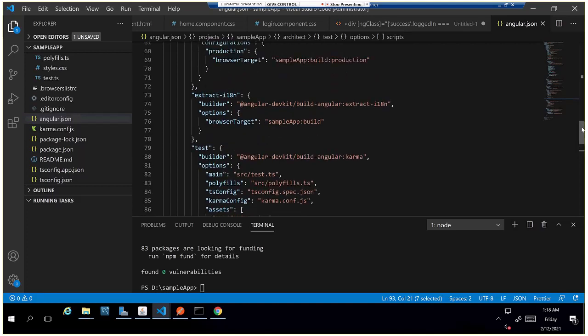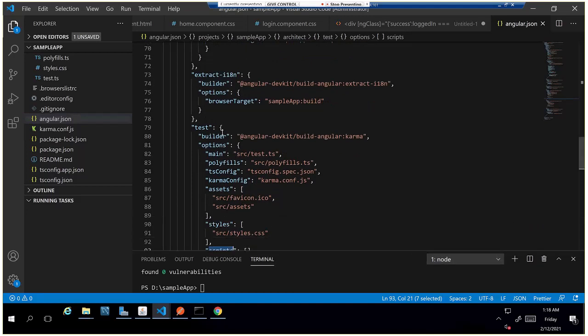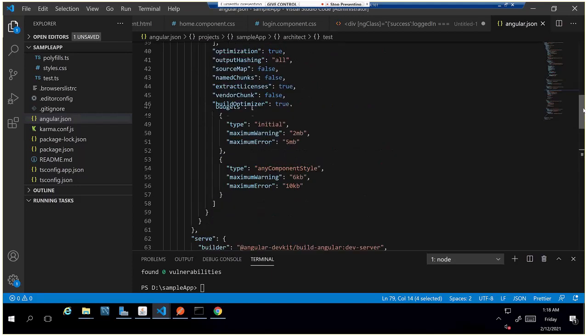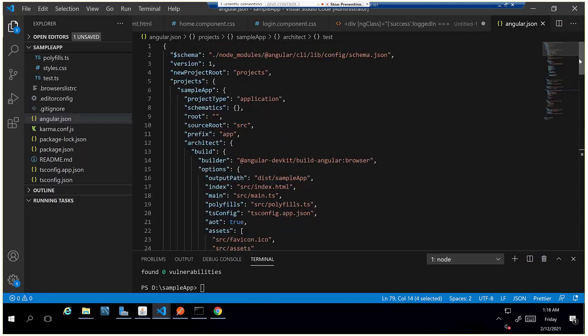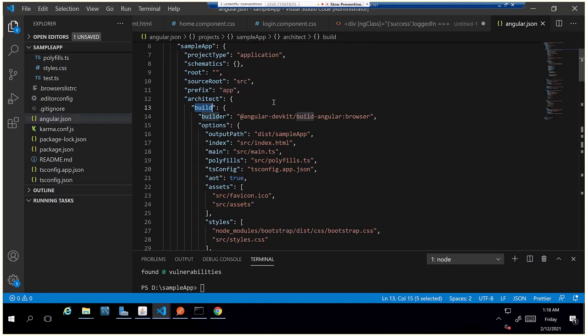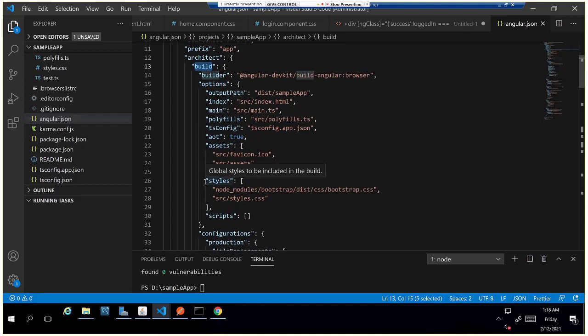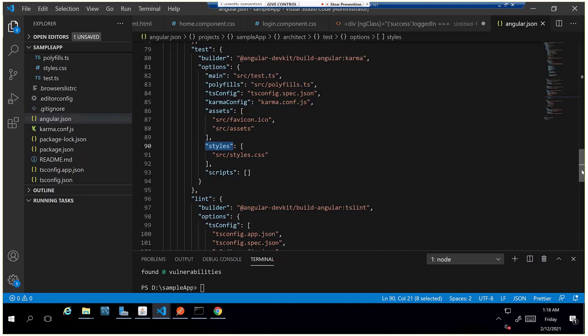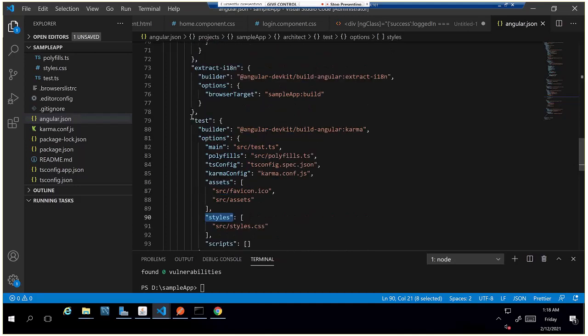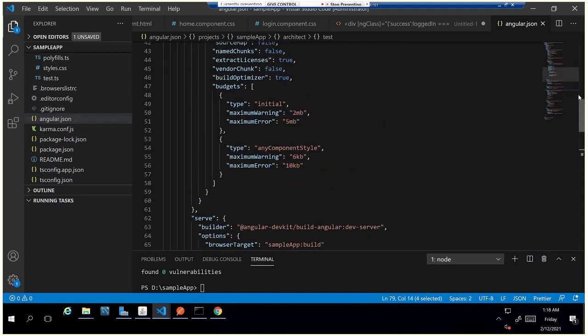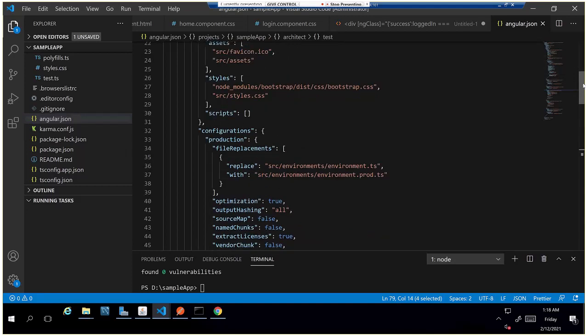Actually here we have two sections. One is for test and another is for actual development. So if you go above, here we have build. We need to add it in the build tag, like the same way we have added styles here. If I search with this, it will show in a different place also. This one is test, and we can ignore it. This is used for karma and protractor. For the time being, I am adding all our CSS and JavaScript inside our build.